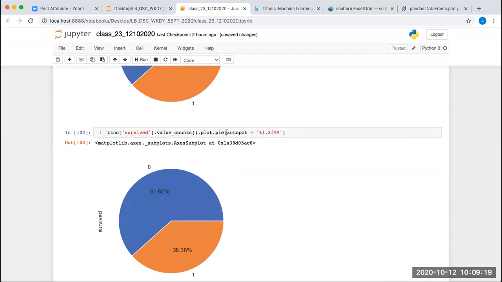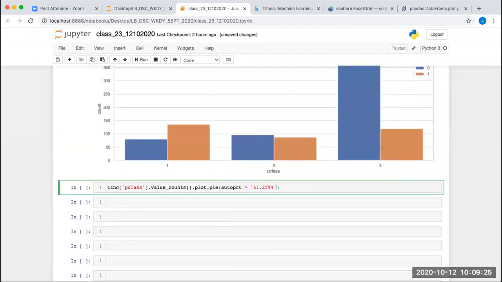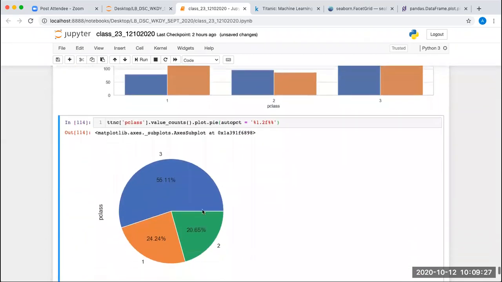So this is auto percentage: how many people are coming in which class. First class 4% of people, second class 20% or 21% you can say, and third class around 55% of people have boarded. So more people boarded in the third class. In the first and second class, not many people boarded.